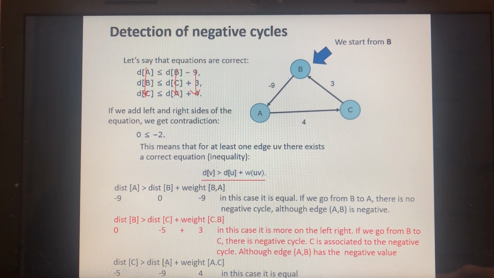This inequality is incorrect because you get minus 9 plus 4, it will be minus 5, and minus 5 is equal to minus 5. So this is not correct. So in this case it is equal. In this case where it is correct, there we have a negative cycle. But I just wanted to show you that the negative cycle is not always associated with these two vertices, but it's more associated with this vertex, because when we are calculating the distance for C,